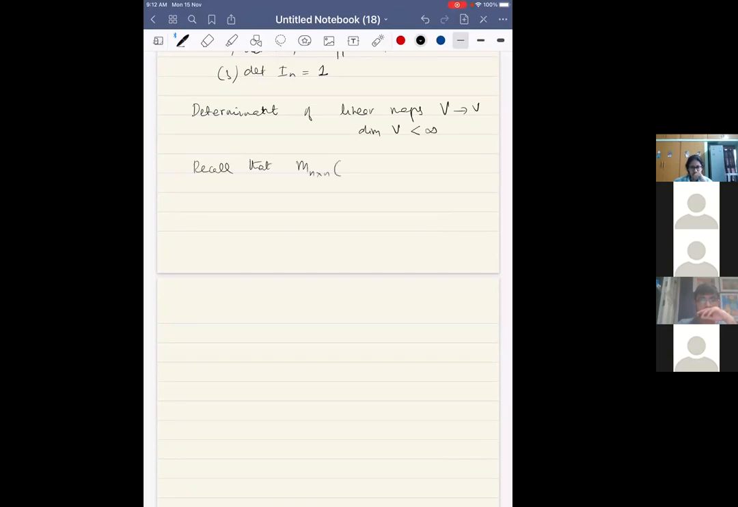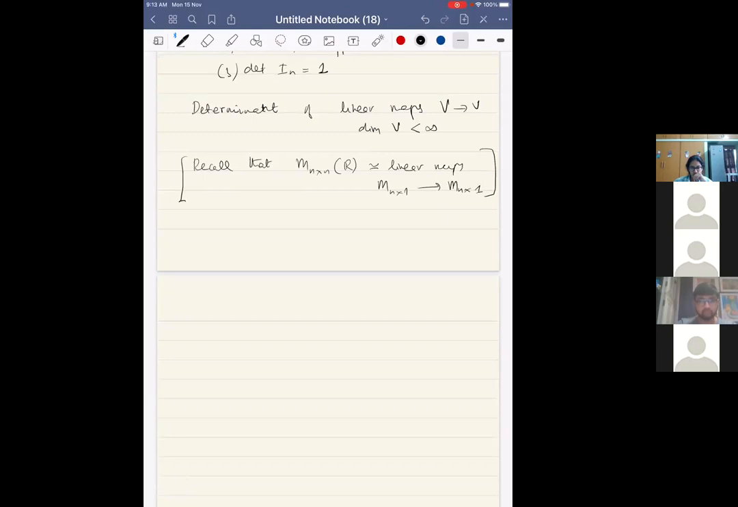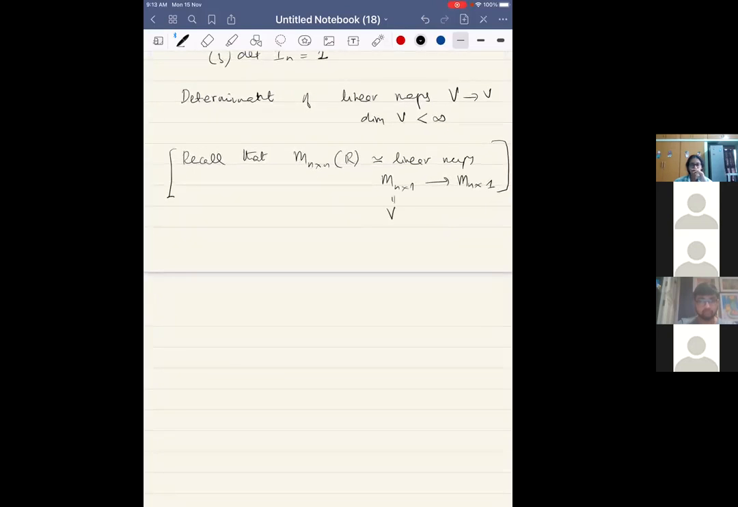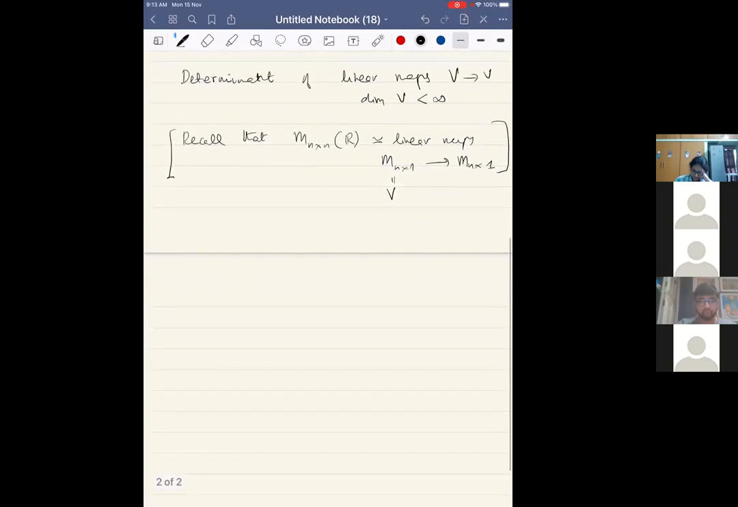M n cross n R is the same as linear maps M n cross 1 to M n cross 1. So you can really think of what happened before as in this context, that in the specific case when V is the space of column vectors of length n, we are giving a map from the space of linear maps from this vector space to itself to the real numbers, and it has all these properties. Okay, so